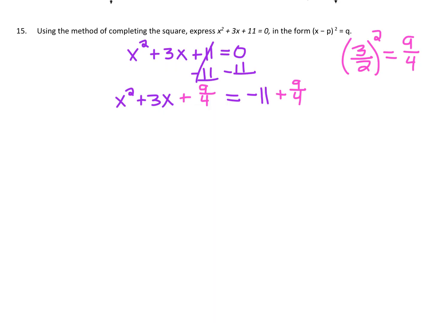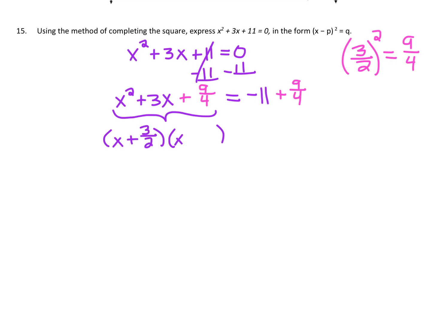So now we are going to factor the left side of the equation. I'm going to set up 2 sets of parentheses with an x and an x, since this is x squared. And if I want to come up with 2 numbers that add to 3 and multiply to 9/4, that might be tricky, but remember the trick. It's always half of this number. So half of 3 would be 3/2. So I'm going to add